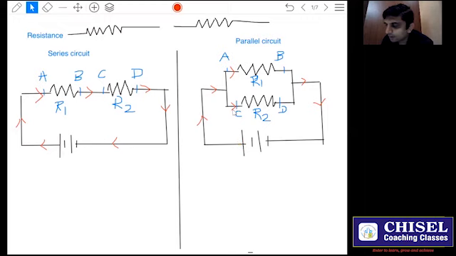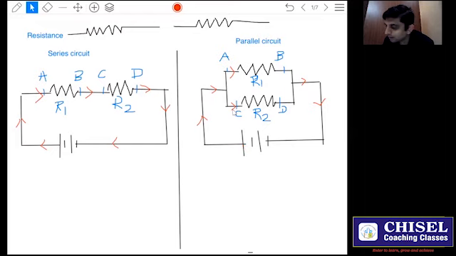Okay, end B, if you look at end B, don't see the wires, just see how the connections are made. So this is a wire, it is connected to the negative terminal of the battery. So end A is connected to the positive terminal, end B is connected to the negative terminal. End C, again, if you observe, this is a wire,